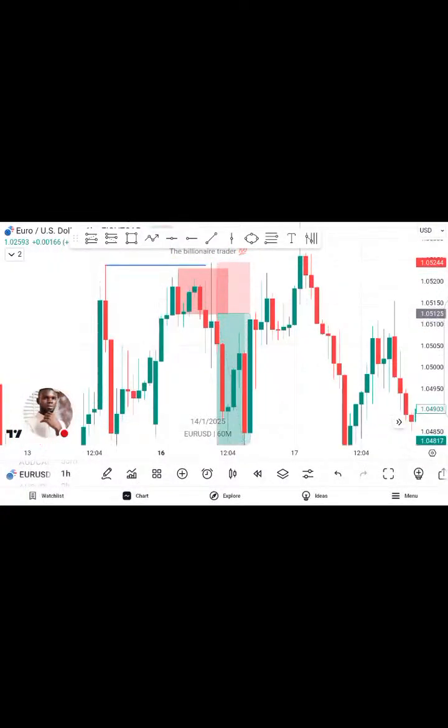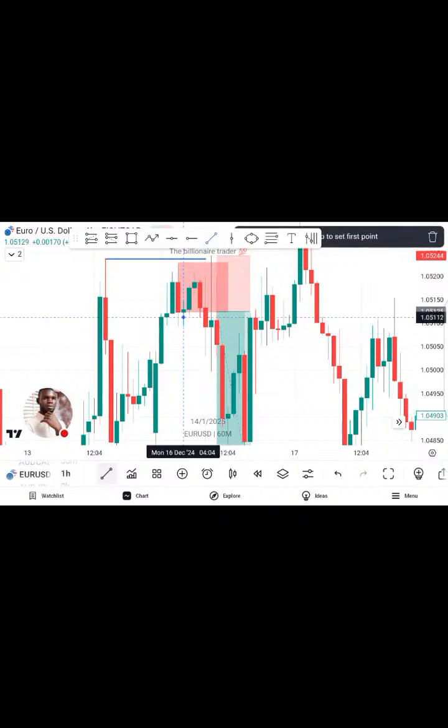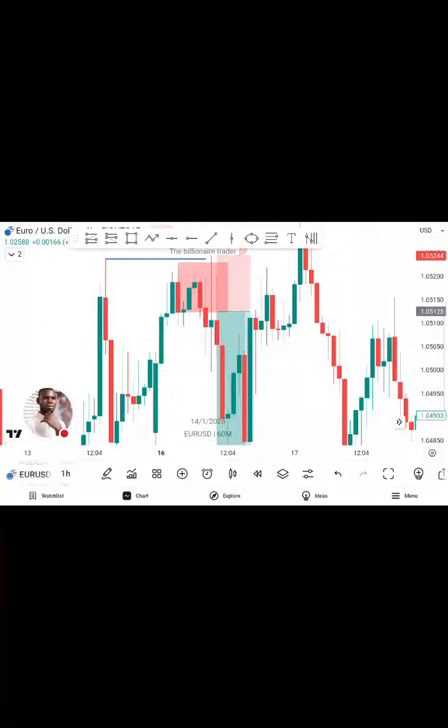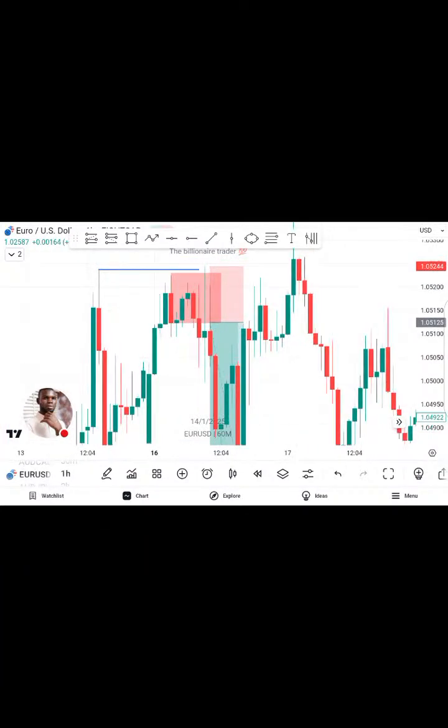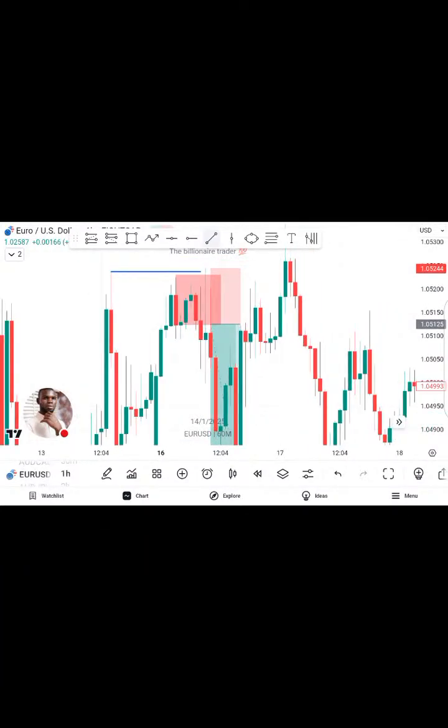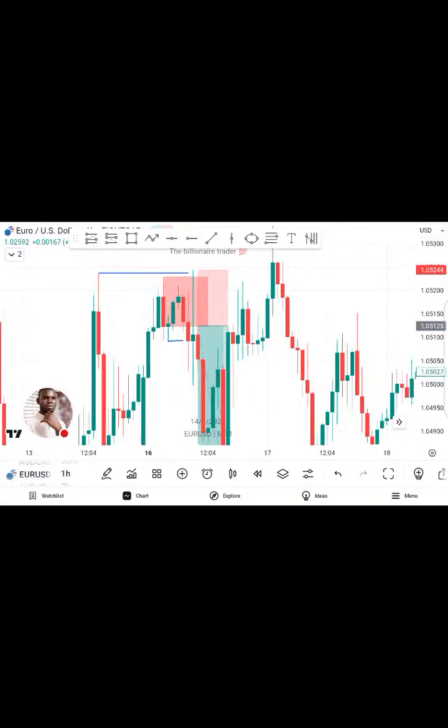Although something actually happened there, like we have this. Okay, yeah. It hasn't broken that structure before we have this law being taken out. So after taking out the structure, we still have this law being taken out as a change of character, and price came back into that